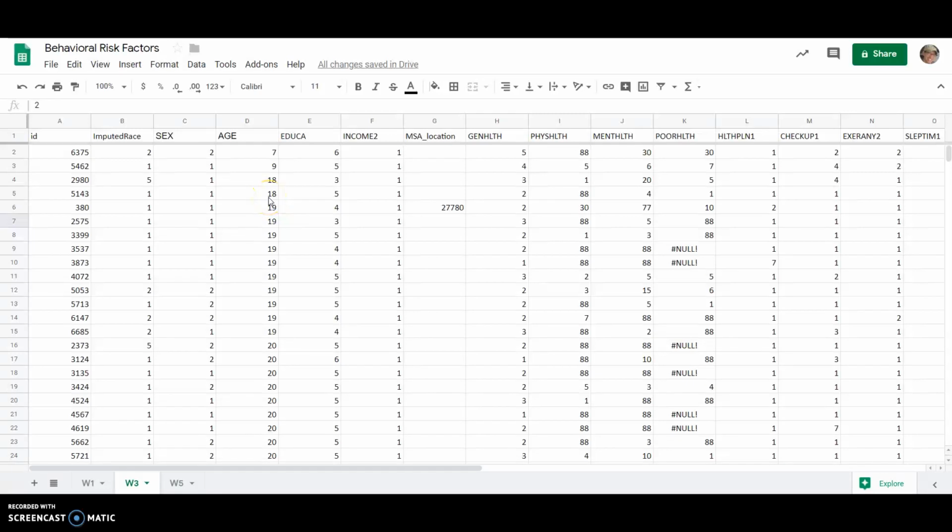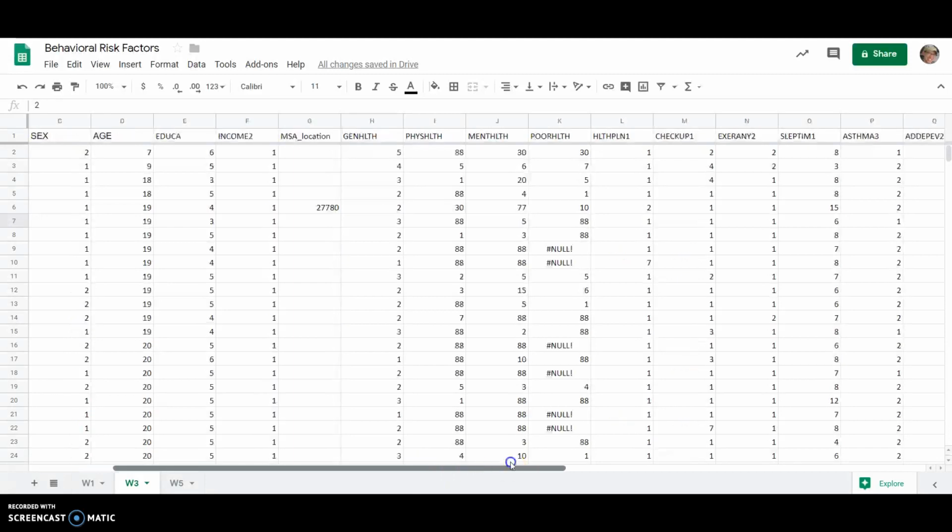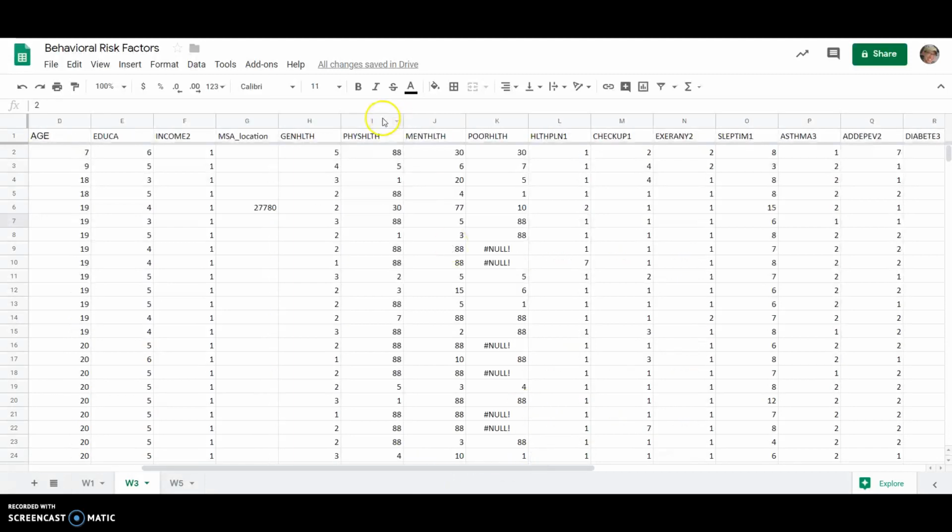Okay, so I have a large data set here. This is a national survey where they call people on the phone all over the country randomly, cell phone and landline, and ask a bunch of questions about demographics and health. I have the data from 2016 from Pennsylvania, and for my first variable, I'm going to be looking at physical